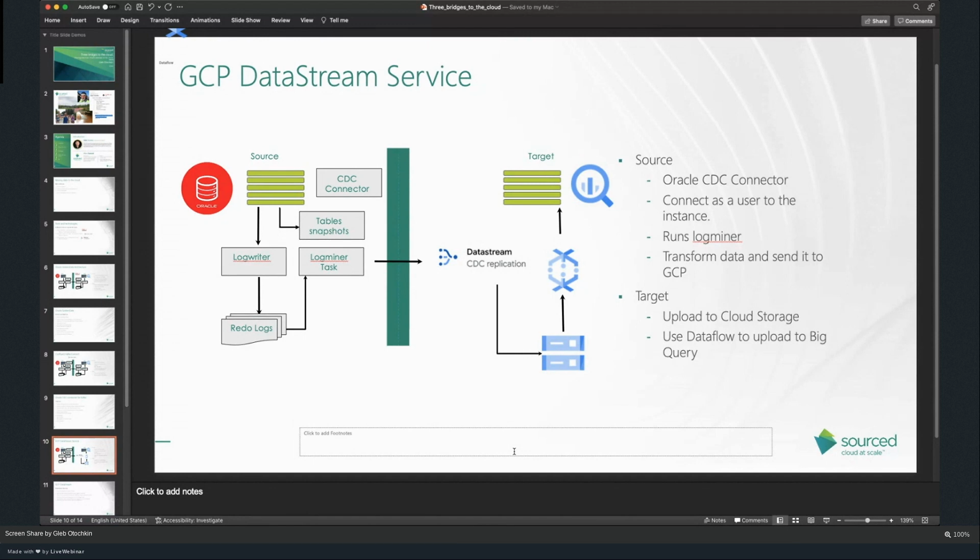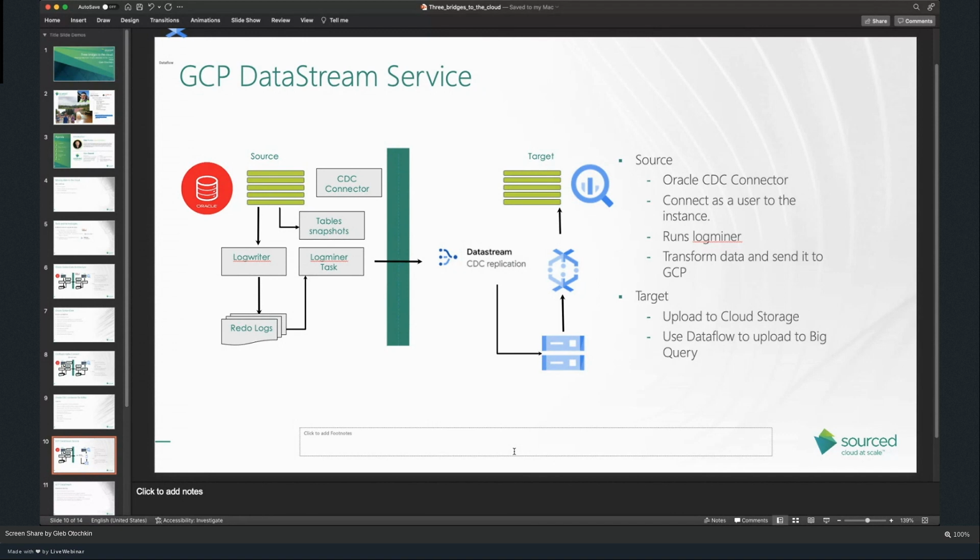It will be replicated as soon as you switch the log, and the current log is written down as an archive log. Then Datastream automatically picks up that archive log, parses it, and puts all the transactions, according to your filters, into the data stream.